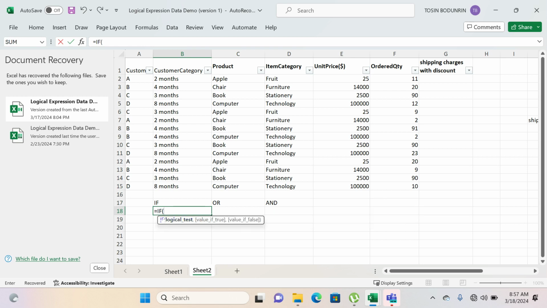So if I start the function with equal sign and I put the if logical statement, you can see that if is expecting a logical test or logical expression, and of course you can return a value if it is true. Otherwise, you want to return a value if it is false. So, for instance,